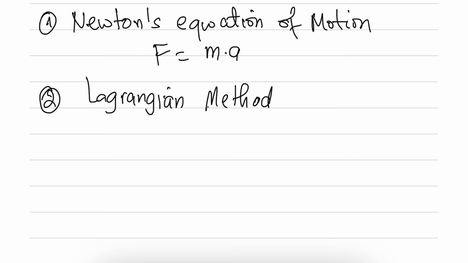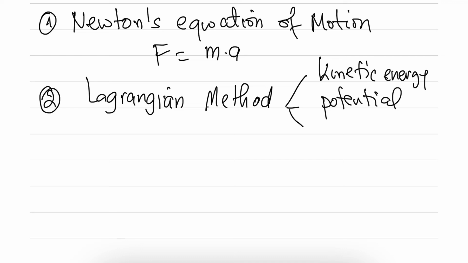The Lagrangian method is stated as this. It is based on kinetic energy, potential energy and dissipative energy. So we are going to look at these two methods in order to formulate the equation of motion